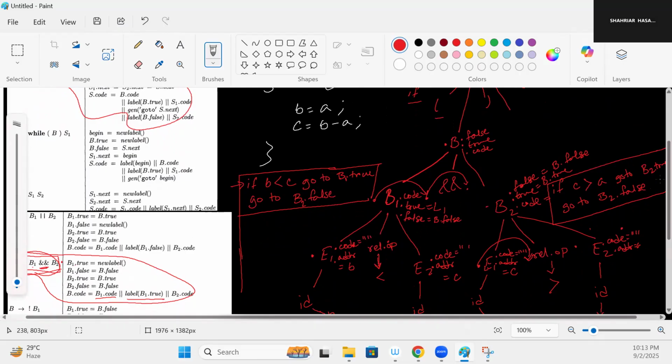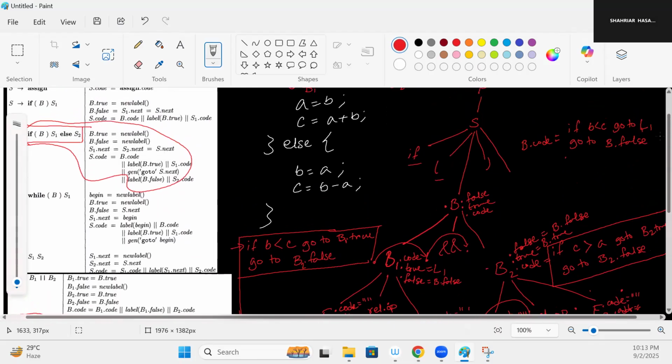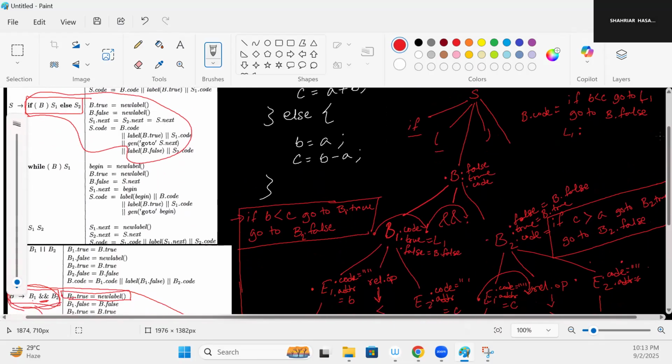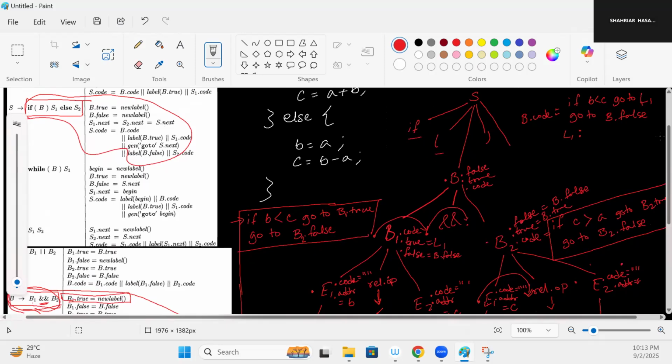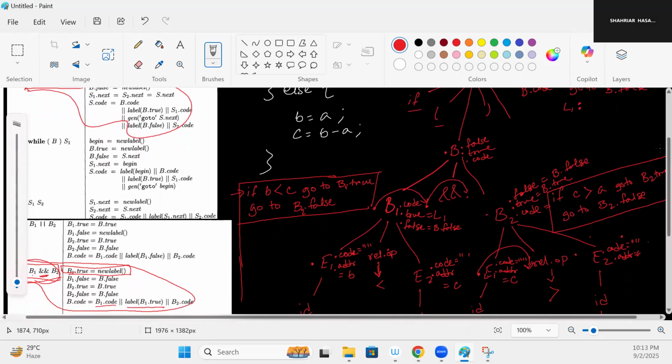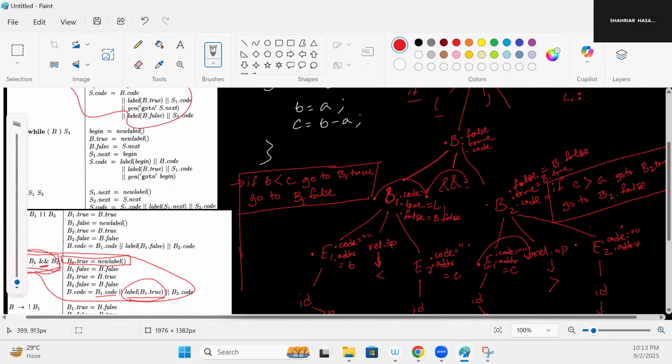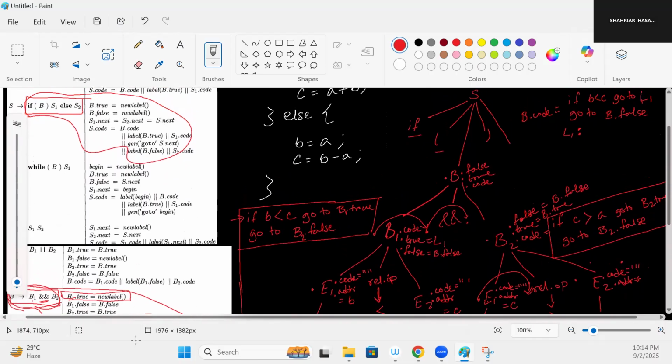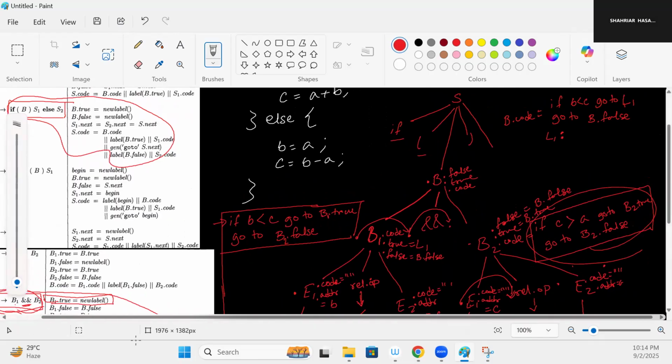What was the new label? Basically this one, which is L1. This is the L1 portion. For simplicity of understanding, we will place a colon here, to show that this is a new label, the label we just created. We appended it immediately after this B1.code. And after this L1, we are appending this B2.code. B2.code basically points to whatever is provided here, which is